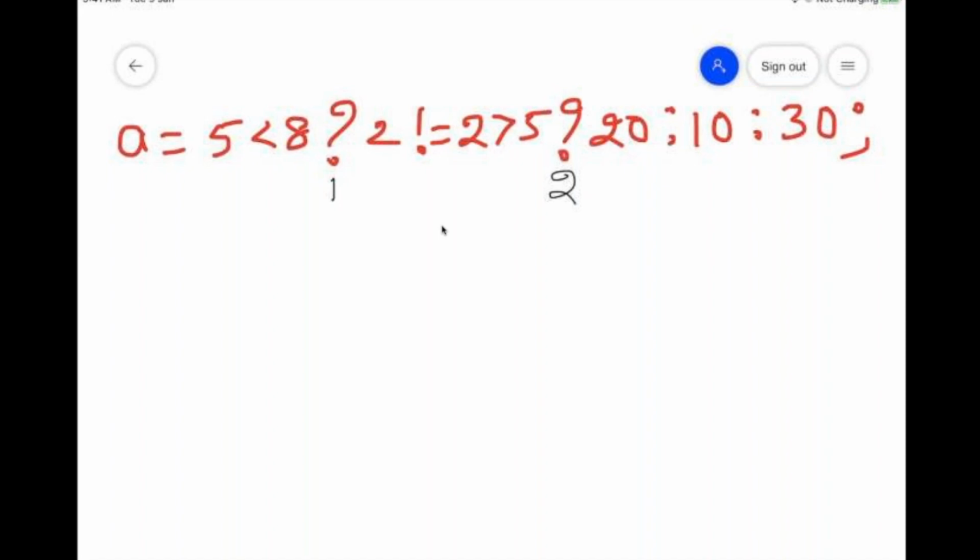So this one is a first colon or second colon? Can you tell me? After 20, whatever the colon is there, is it a first one or second one? Second one. It's not the first one. It's wrong. If you say it is the first one, you will get it wrong actually. Why is it the second one?